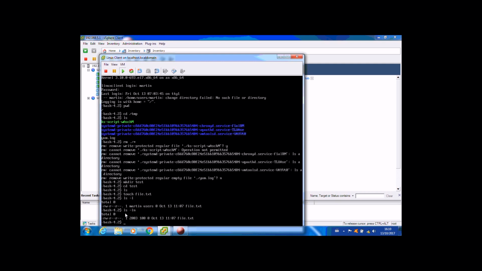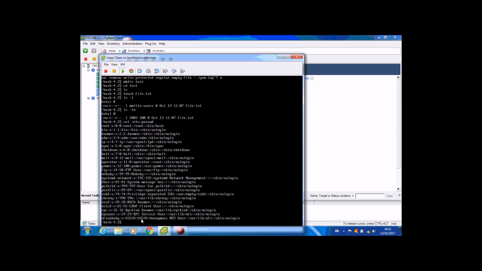It would be more concerned with these. In this case, the user ID is 2003, which just happens to be Martin's user ID, and the group ID for users is 100. So you can see there's a difference between the two systems. If I show you the password file here, cat /etc/passwd, there won't be an entry for Martin because it's not using it,